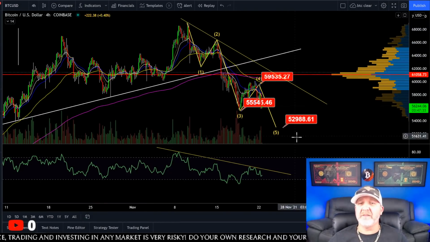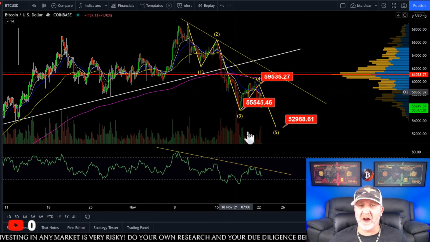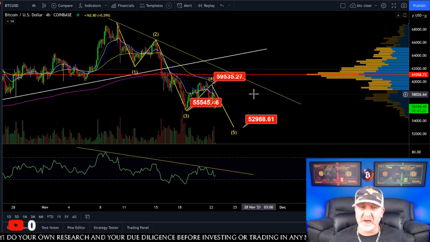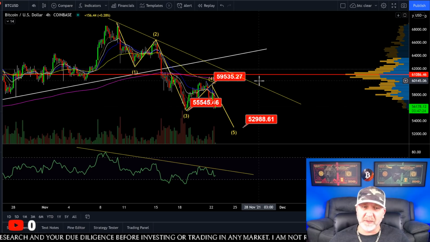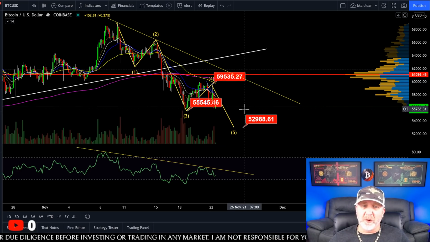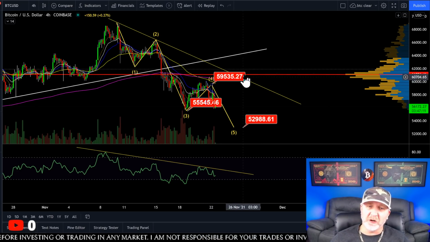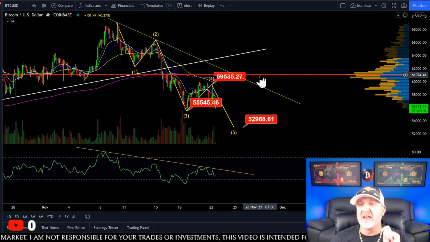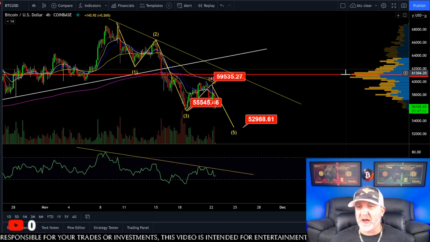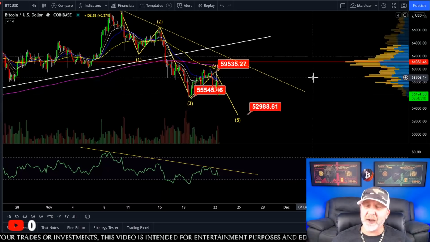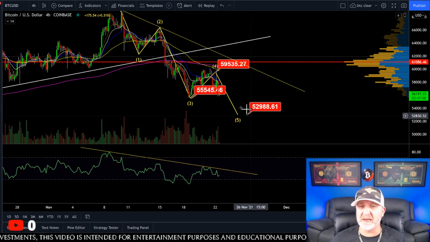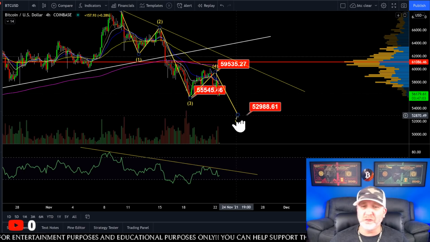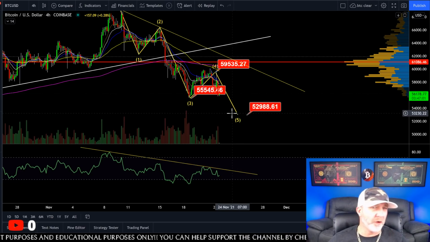So this is wave 1 broken down. This is the count we've had here. So far, so good. It has been playing out beautifully. We went a little bit higher than I expected for wave 4. But keep in mind, wave 4 could still come up for one more tag around that 60,000 to 61,000. Still possible. You can see this high volume node right here. It's still possible we come and tag that before coming down, but I do think ultimately this 5th wave should be at least down to the 53,000, 54,000 range.